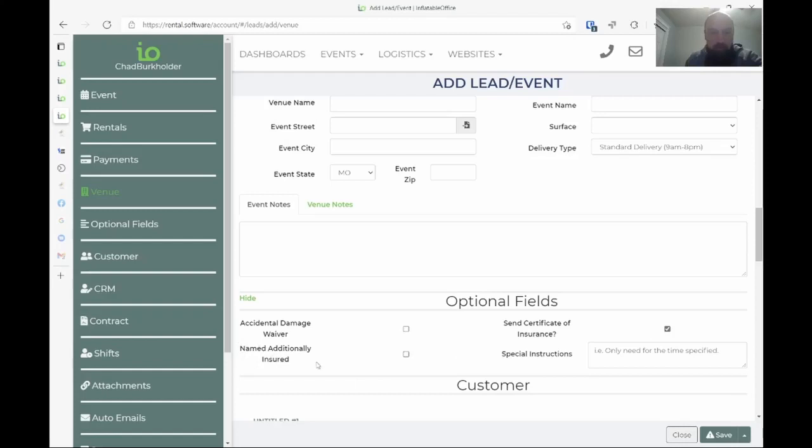If you see here, I have one for named additionally insured. That's if, excuse me, that's if someone is contracted and they want to be named additionally insured, then I can add a fee. The difference between this and this is the fee. That's the only difference between the two. However you want to charge your fees is up to you. And again, I don't know that I'd make this something that you can put customer facing, but something here where your customer service people can see it and everything is a fantastic